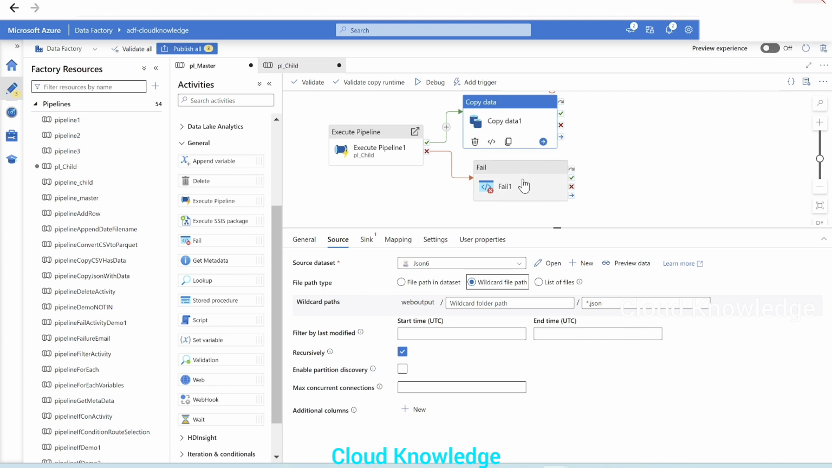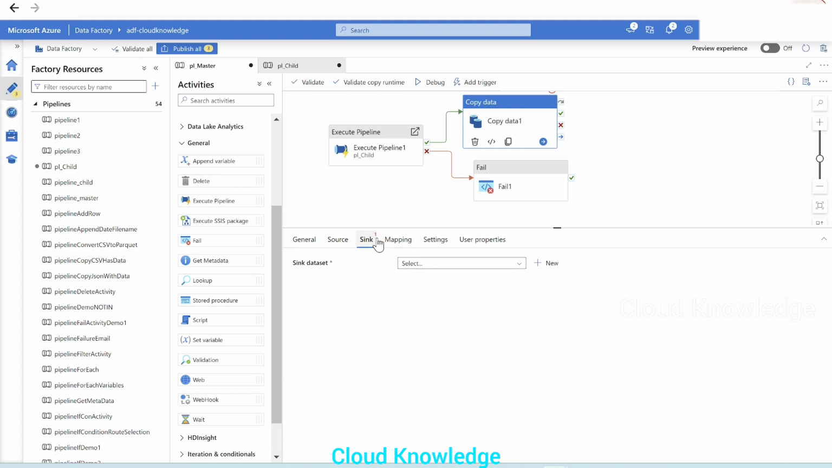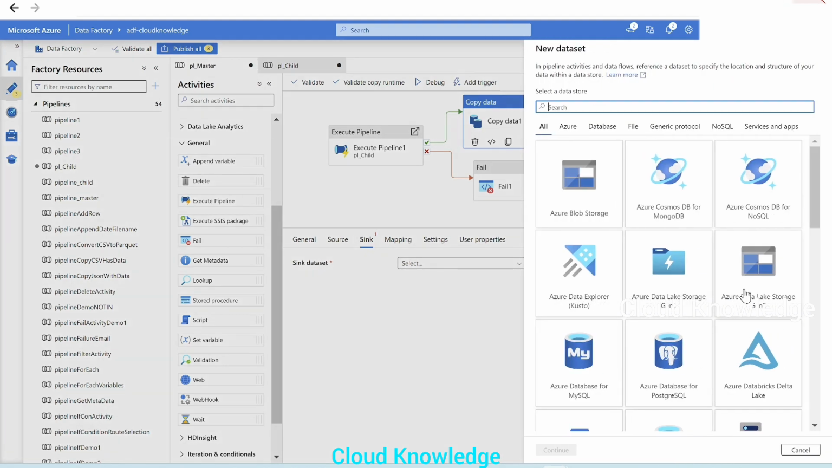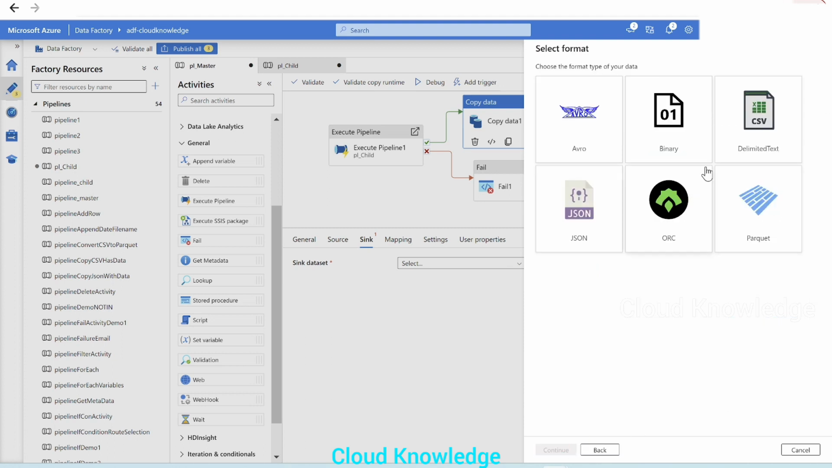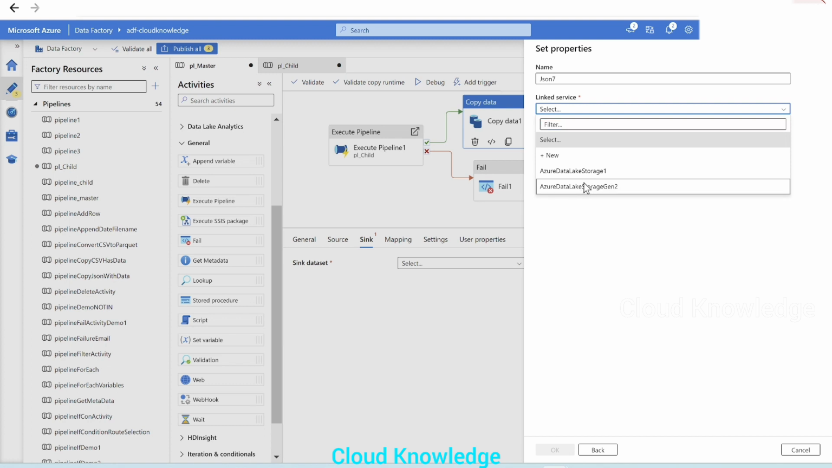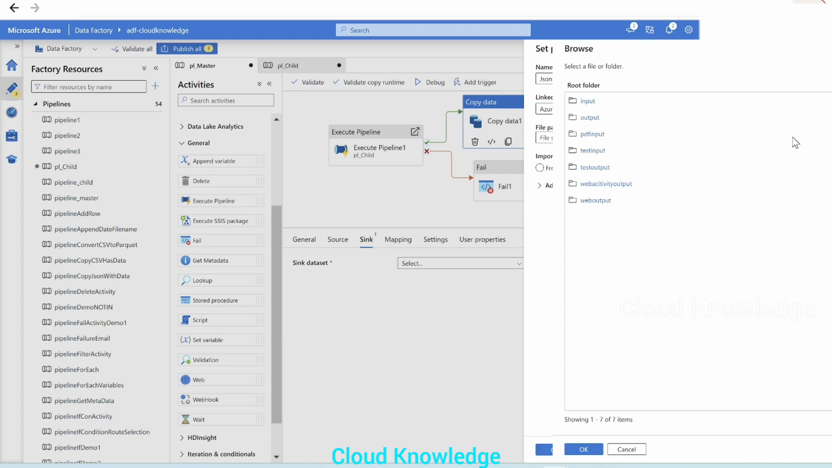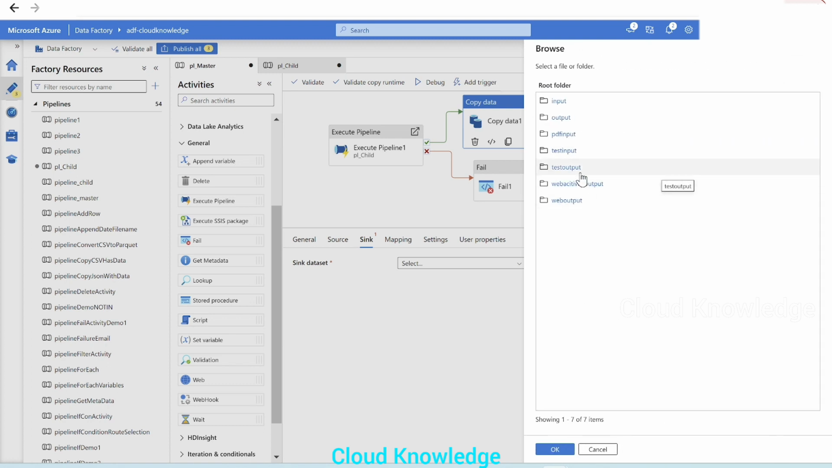Every time the inner activity or the child pipeline executes, a new JSON is generated. So it will be star.json. Whatever JSON is present, just copy it from the web output folder. Where do we have to copy? Let's give another location. It should be the JSON storage account only. And this time, let's say we want to copy to the test output folder,